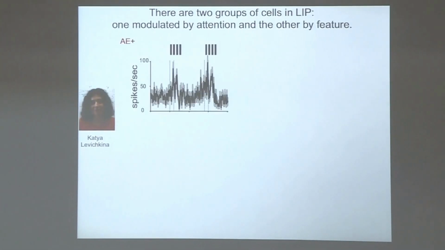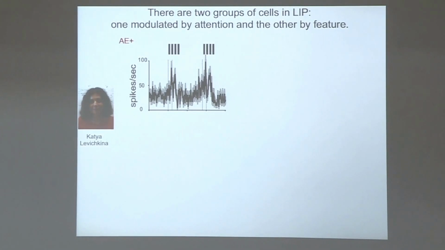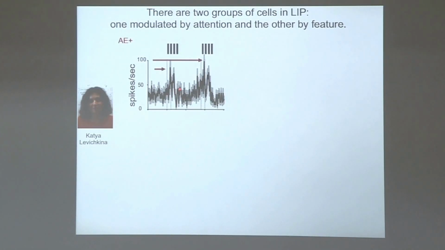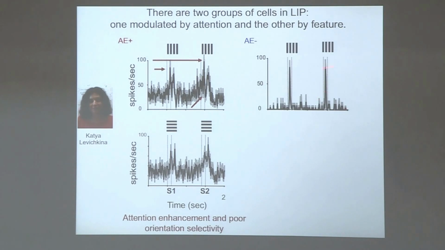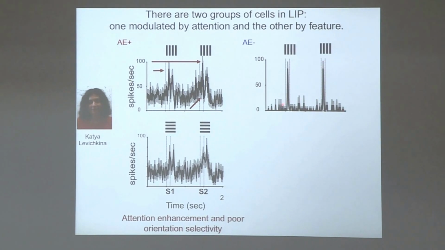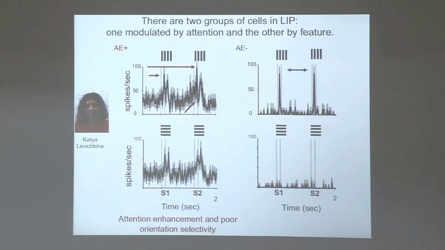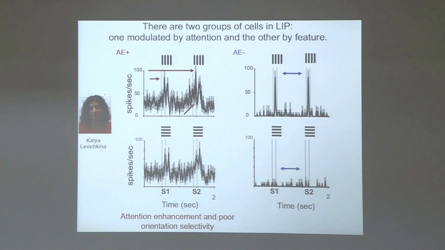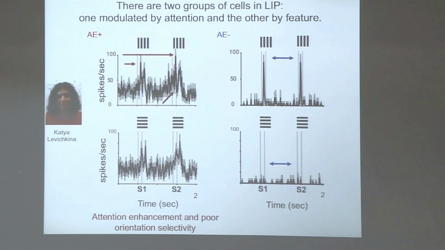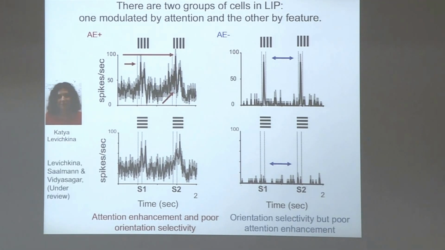Now we found in LIP two groups of cells, what I want to talk about briefly. One group, they're showing attentional modulation like I've shown before. The second grating, the response is much greater than the first, but they don't have any feature selectivity. But the second group of cells, which doesn't have any attentional modulation, the response is the same, but they show great feature selectivity. This is an extreme case, of course. It's as if either you have a high degree of feature selectivity, but no attention enhancement, or you have a high attention enhancement, but not much feature selectivity, right? This is more or less